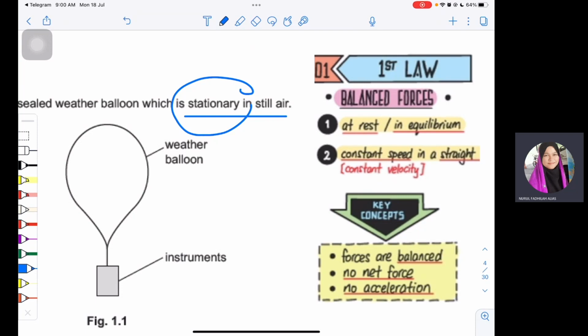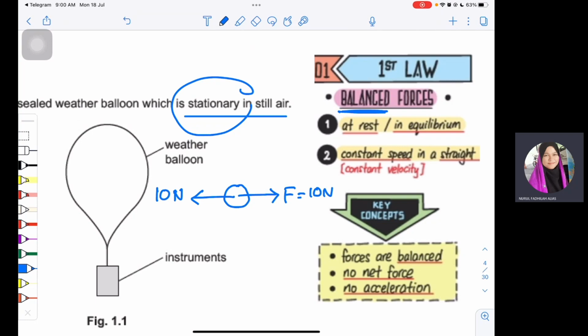Okay, what is the meaning of balance? Siapa yang balance? Forces. What does it mean? Okay, maksudnya if let's say, look at this everyone. Okay, if we have an object here, ada force to the right, and the value is 10 Newton for example. This is not balanced sebab the object will move to the right. 10 Newton. So in order to make it balanced, we must have another force opposite and the value must be